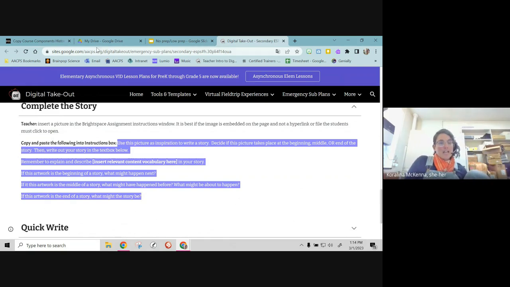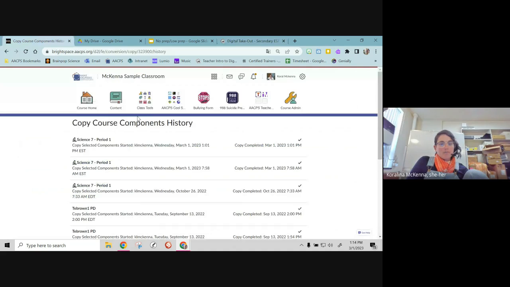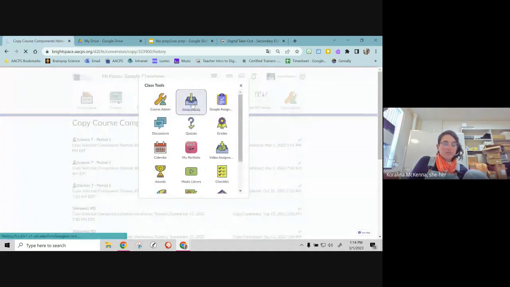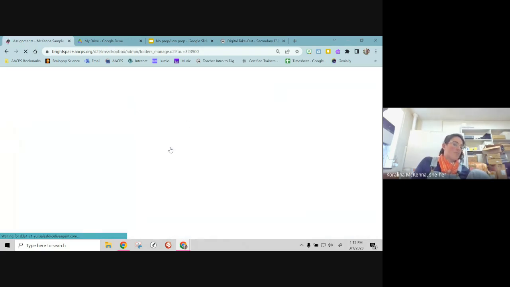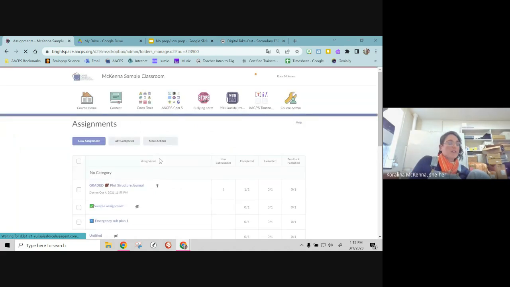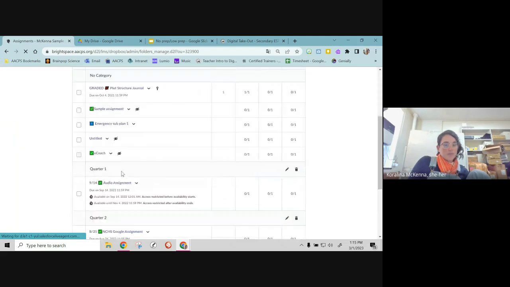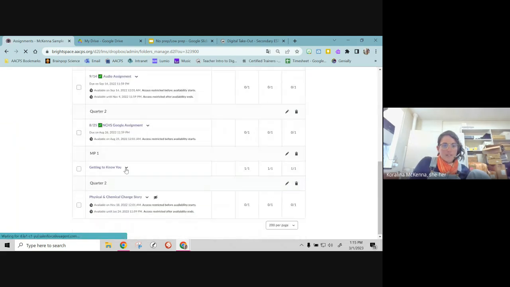I have used this particular assignment myself, and I just really liked how simple it was. We sometimes forget that a Brightspace assignment can just be a Brightspace assignment. It doesn't have to be a graded assignment. It can just be something that gets students thinking. I'm a big fan of complete the story. I have the example